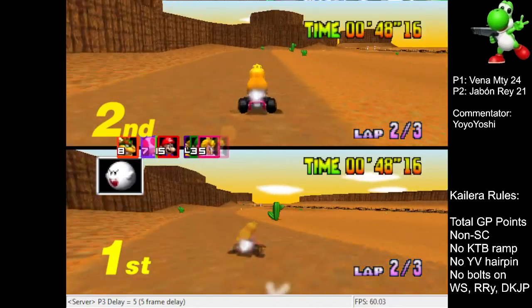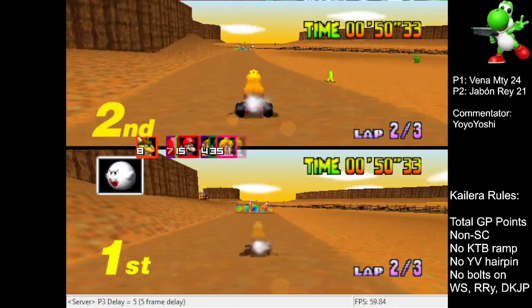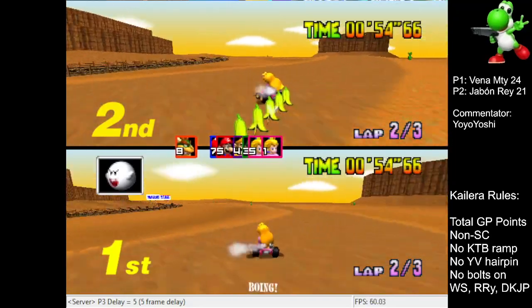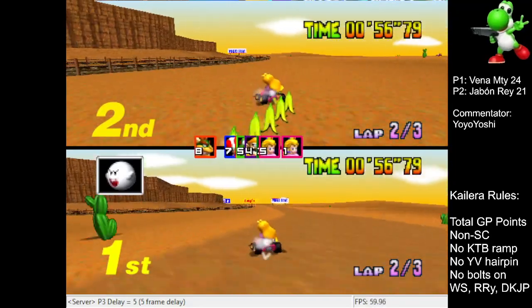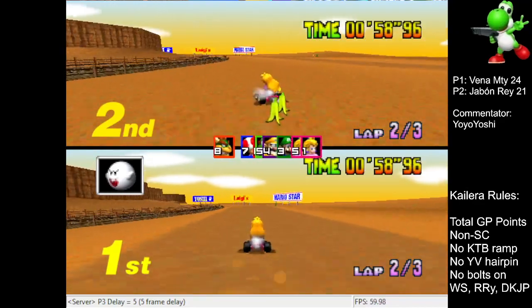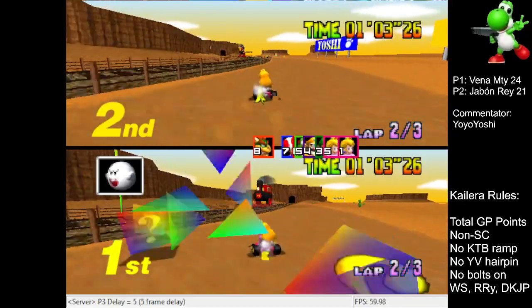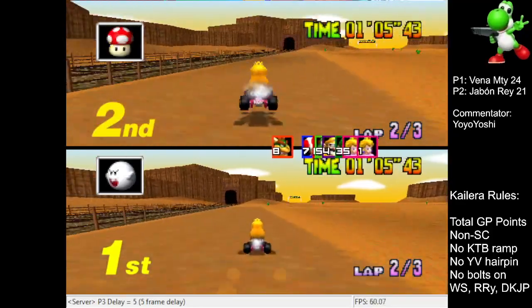In fact, Vena actually runs into a banana peel as Jabon ends up... Oh, and Vena trips over another one of the bananas. He's falling back a little bit. He's going to go ahead and just fire some banana peels up, but no one's there. Jabon is ahead. Jabon still has the boo that he could use to...